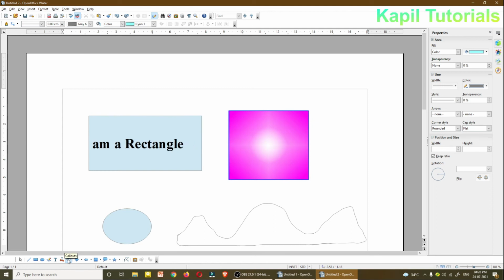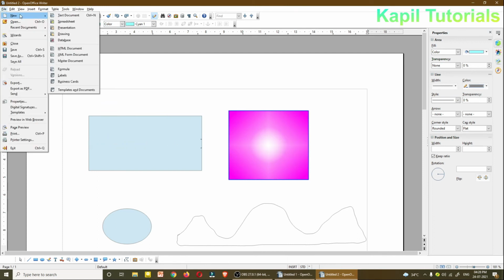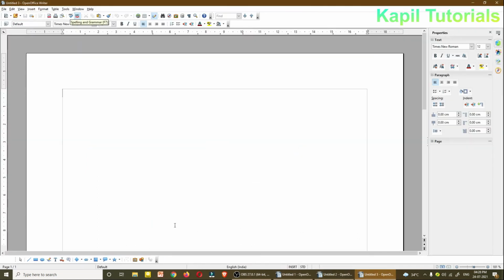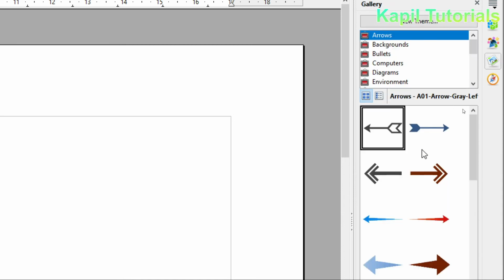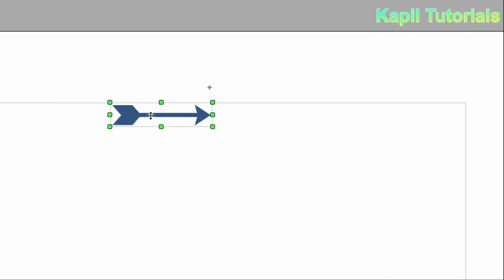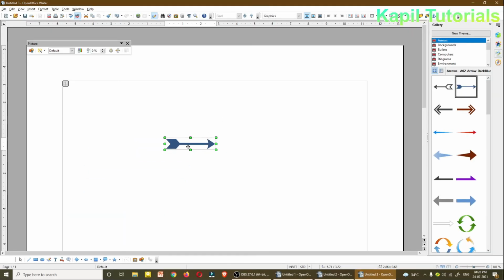Callouts. Callout means if you have shown some images. Wait, I'll take one new text document for that. Suppose I'm taking one from the gallery. Suppose I've taken this, and now I want to show something from here.